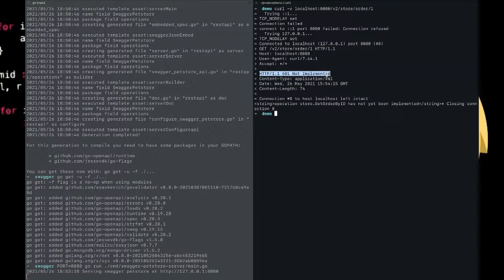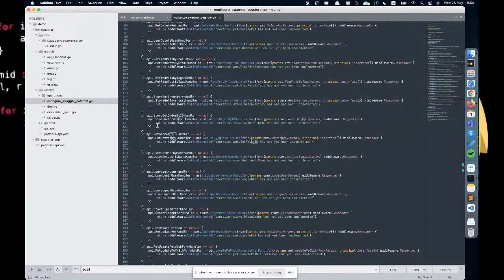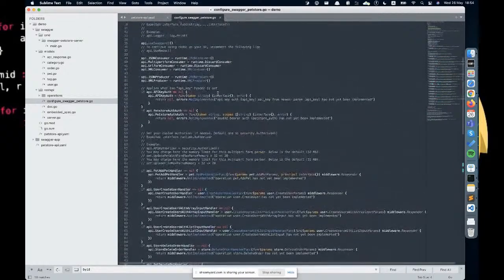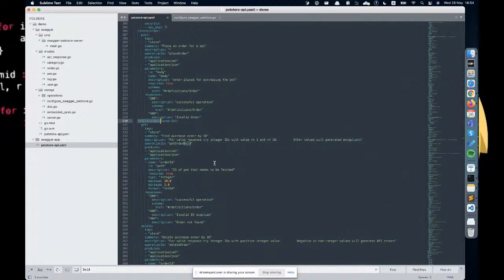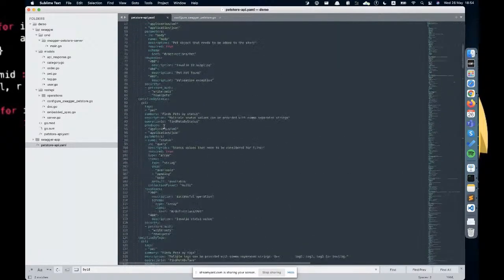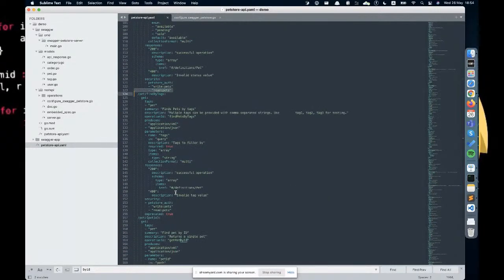So by default, Swagger does not implement the functionality for you. You might see right here that it's not implemented, and we will go further there. Swagger also provides the authentication logic. You might see that we are also describing the security. We're saying exactly what our security requirements are right here.